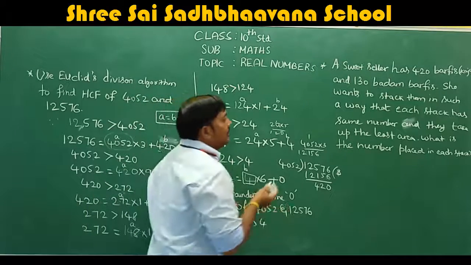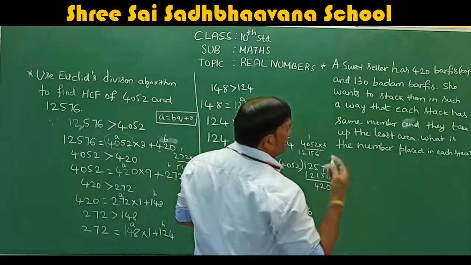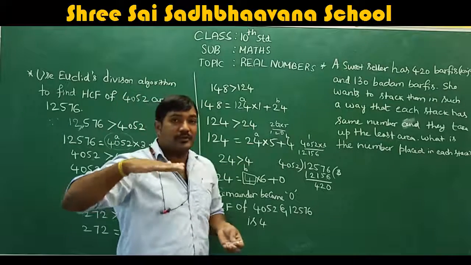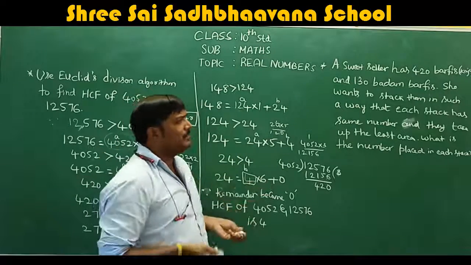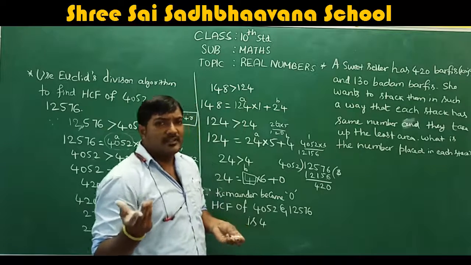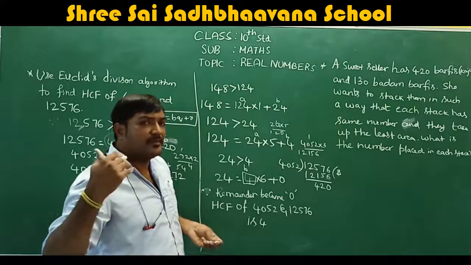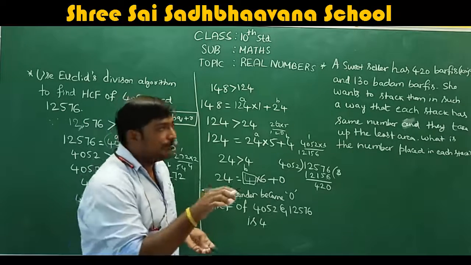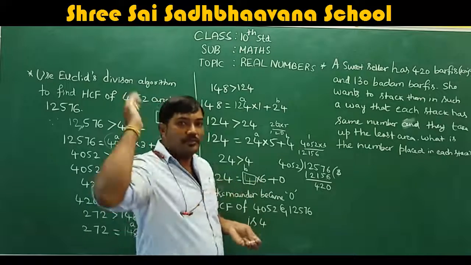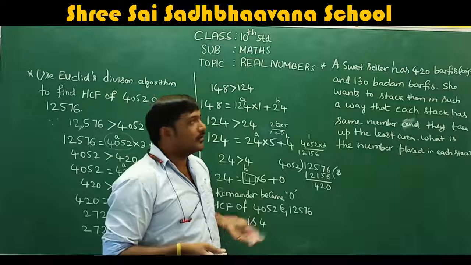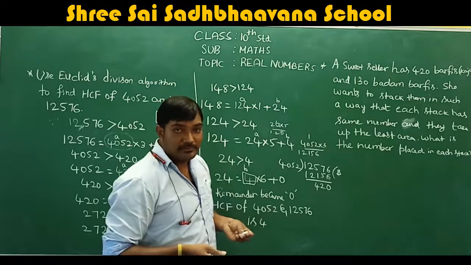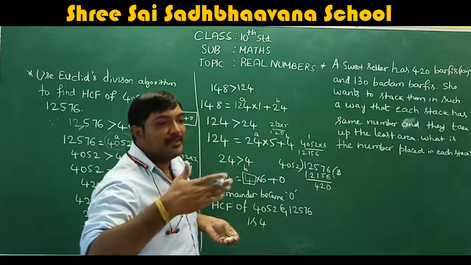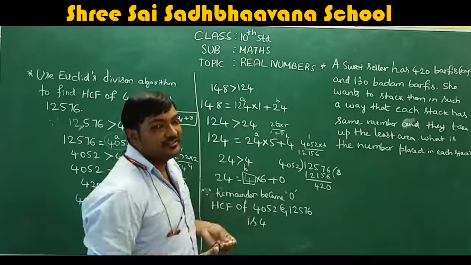The question is, for example, here 420 burfis are there and 130 badam burfis are there. How many stacks should you place? Even you can place however you want. That is also possible, right? Instead of placing in 9 stacks, you can place in 20 stacks. In each, you can place one. Correct. If you keep one burfi in one stack also, it will take 420 stacks. No problem. You can take 130 stacks also. Will you do that? Obviously, you need to use the area. Correct. So to place them in that particular area, how many stacks is possible?